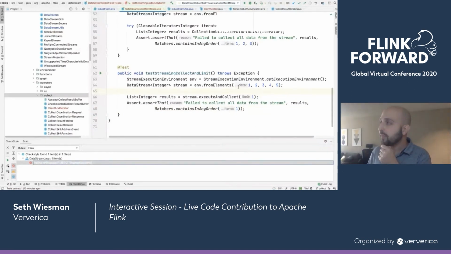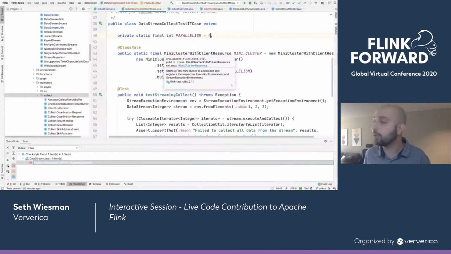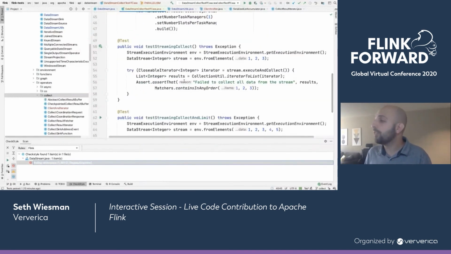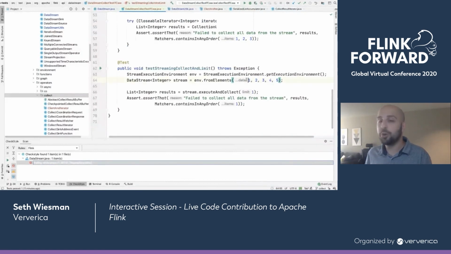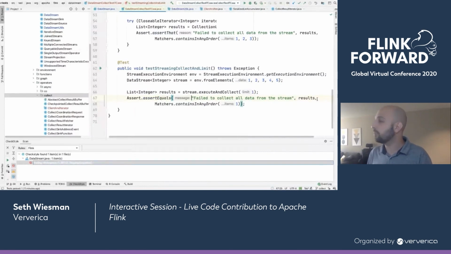flaky because I am running this job at Parallelism 4, which is good because that's real world. People run Flink applications at all sorts of parallelisms. However, that means that there is no guarantee on which of these elements I'm going to receive. And so it could be that this works locally and my test passes most of the time, but then occasionally fails. And so in this case, I'm just going to make this an assert equals, and I'm simply going to